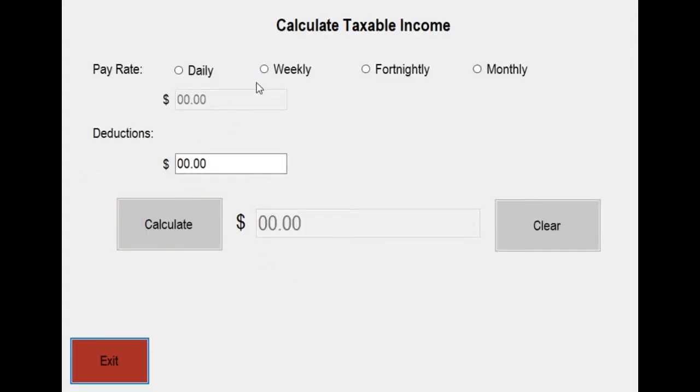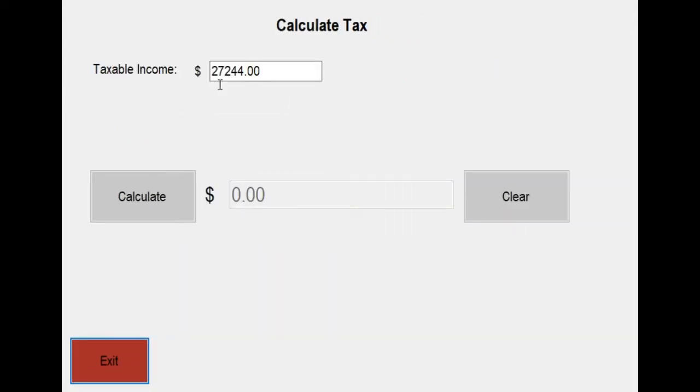As you can probably tell, you can calculate your taxable income from your pay rate, whether it's your daily, weekly, fortnightly, or monthly, and any tax deductions will be subtracted off of it. Let's do a weekly of $567 with deductions of $2,240. Our taxable income will be $27,244. We can clear it and start over again,